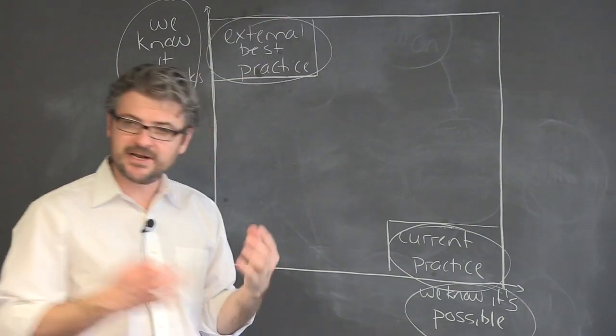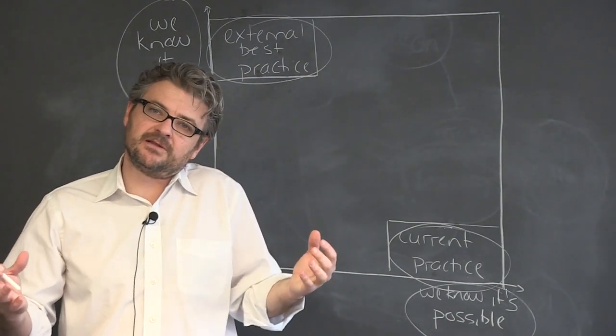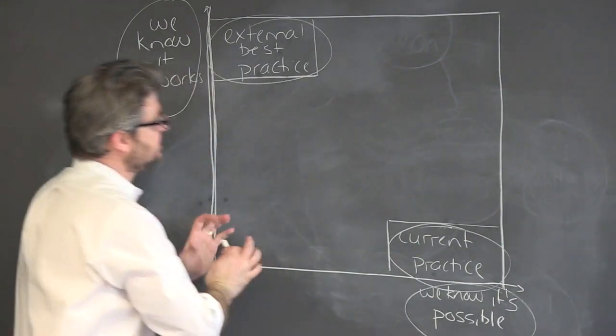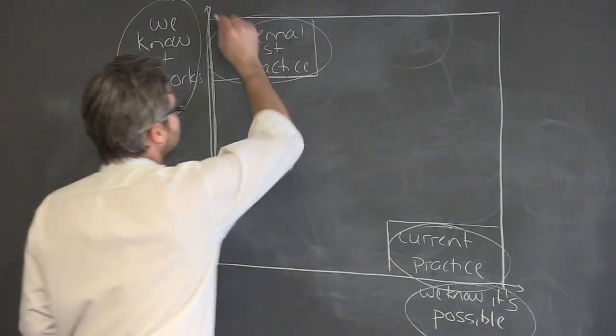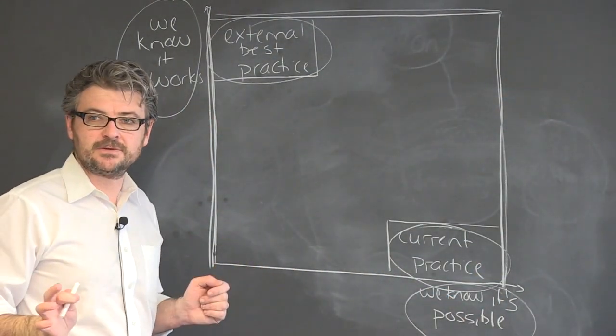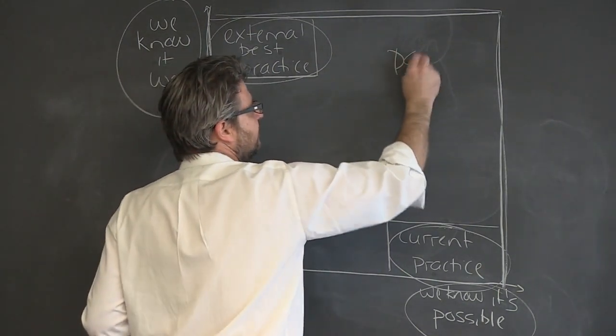Now, I think that it's really, really sad that we sit with these kind of two approaches and we can't think of anything else. Because what I've drawn here with these two different axes is actually a space that I call the design space, which says you actually have a two-dimensional space of many, many, many different options. You have some things that we would call positive deviance